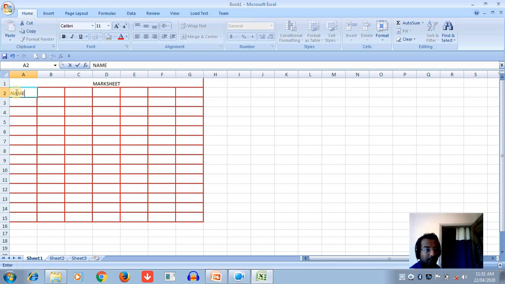So name, then we write the subjects like math, then computer, English. Here we go for another subject like geography, then total, and here percentage. So I have put in the small format and also entered the name like student's name.